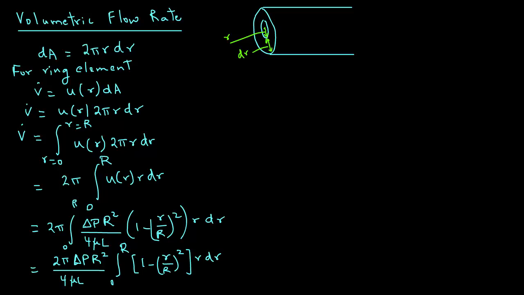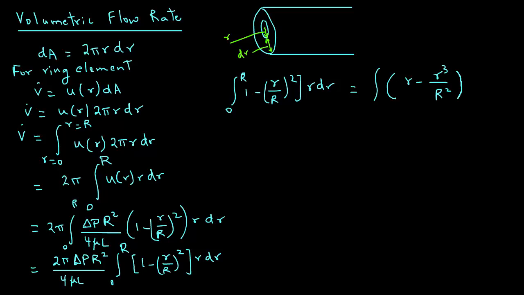So we can look at a couple of steps here, so you see how this is all developed. This equals the integral. We will just look at the quantity inside the integral. That is 1 minus r over R squared times r. If we take that r into the parentheses, we will have r minus r cubed over capital R squared, and then dr. Now if we integrate, we know that the integral of lowercase r is r squared over 2 minus, and then the next integrated quantity is r raised to power 4 divided by 4 uppercase R squared,